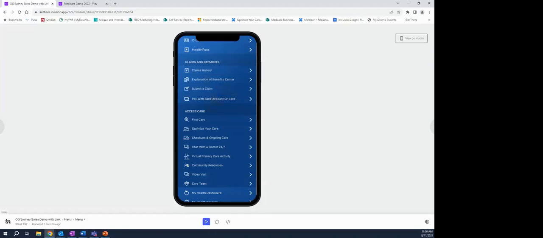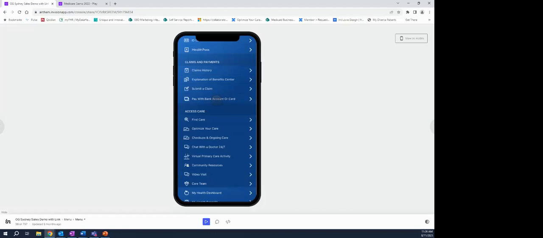So both web and mobile, you have the ability to submit a claim. As Tammy said, you have in and out of network, but if you're in network, the provider should be submitting the claim for you. So really, this only comes into the scenario where you're out of network. The doctor may not be submitting the claim for you, and you need to take that step to get that claim submitted. So what you can do within the submit a claim function, it just walks you through